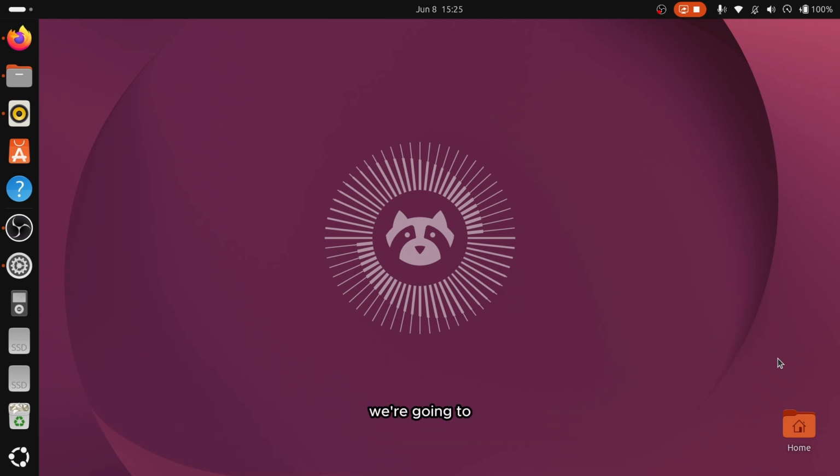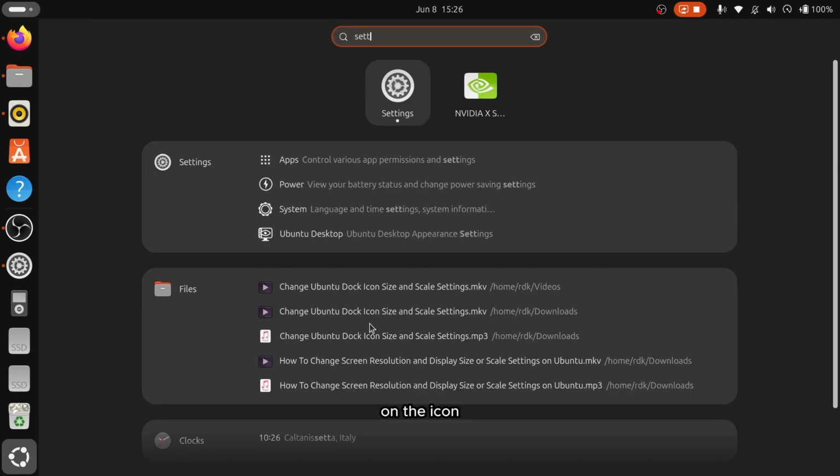Hey everybody, today we're going to learn how to change system languages and regional formats on Ubuntu. Navigating an operating system in a non-native language slows you down, but updating these localization tables shifts your menus and date displays instantly. First, open your application dash tray, search for Settings, and click directly on the icon to launch